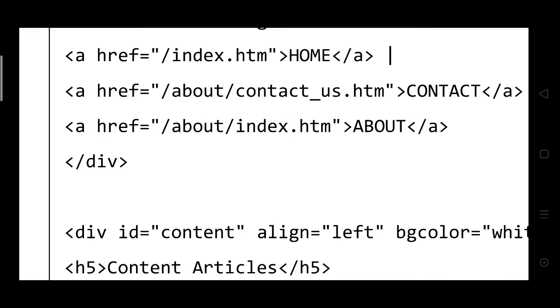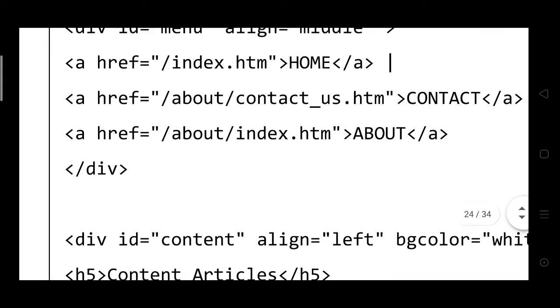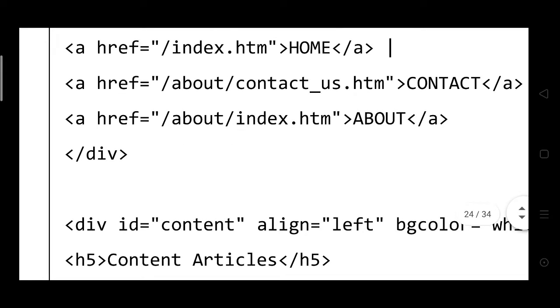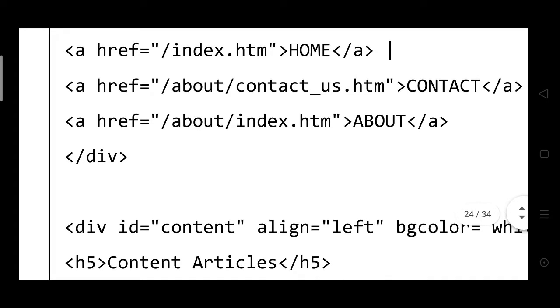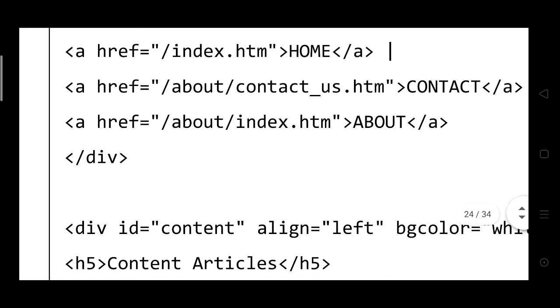When home is selected, the web page links with another HTML page or web page, and the same href is used in contact us.html, which is also a web page.